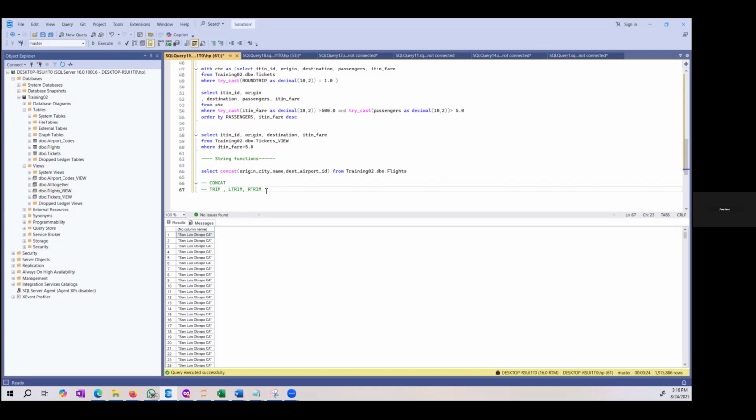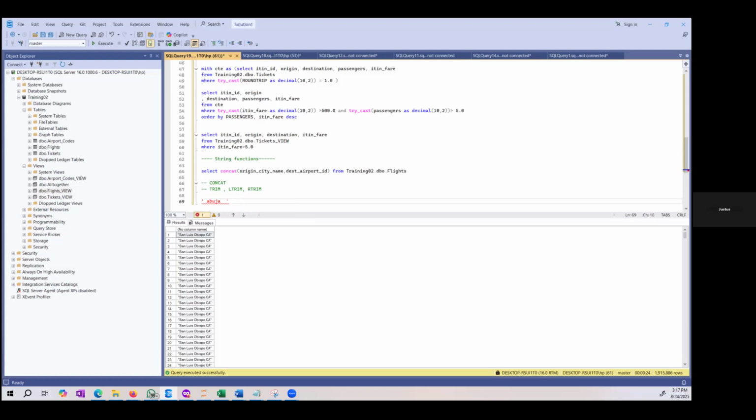Sometimes you can have a particular text that shows, for instance, the airport name, but maybe they start from, say, Abuja Airport or a state, Abuja. Now, we know that this state here has some spaces here. Sometimes it could even be like this. And these spaces can throw off your analysis at times. So using trim, you're able to take out those leading spaces. But trim also has another function. Using trim, you're also able to take out